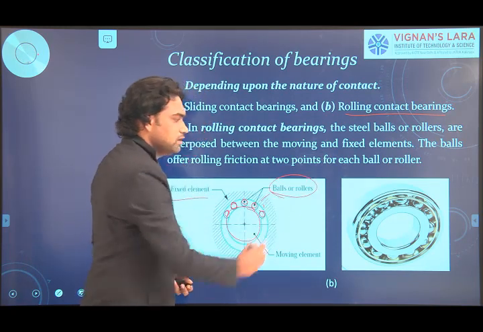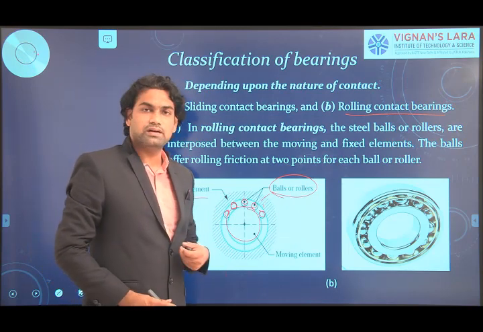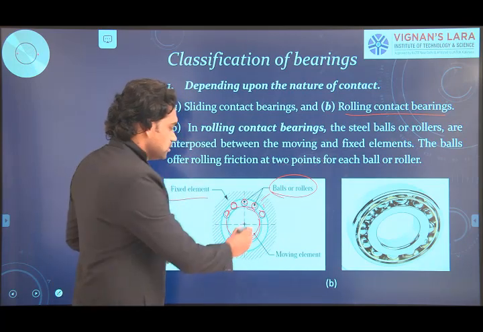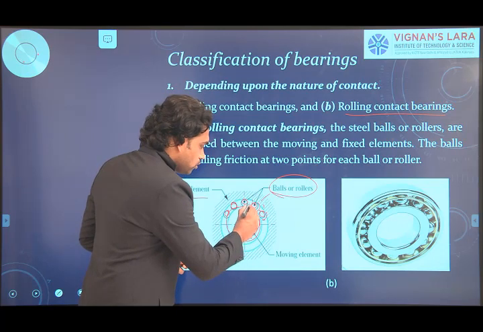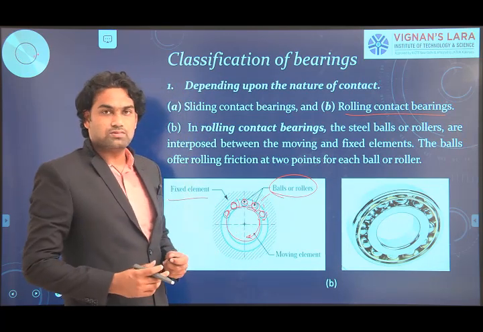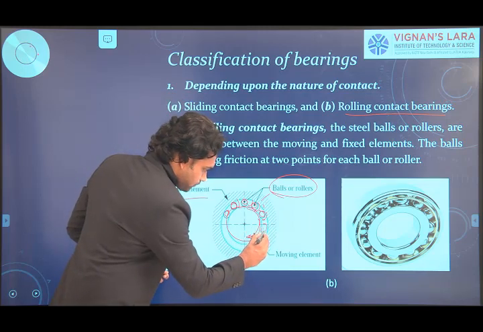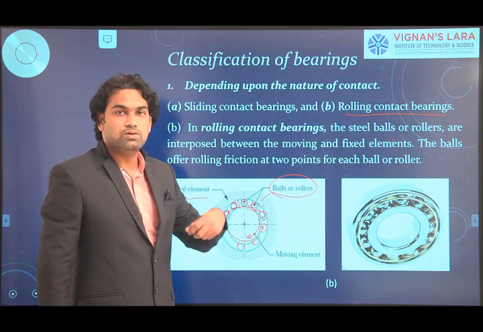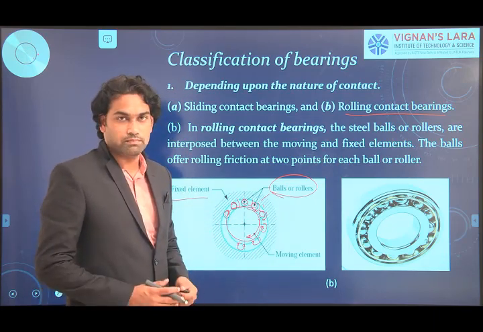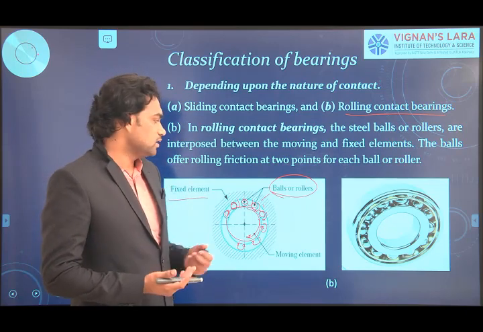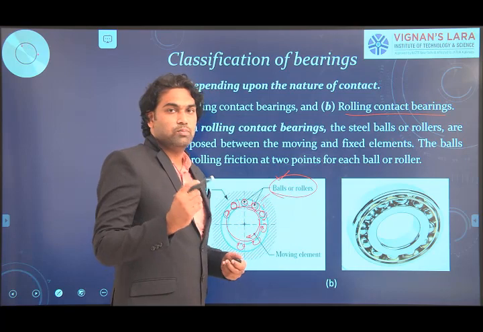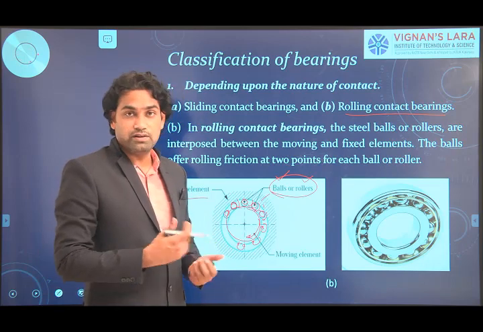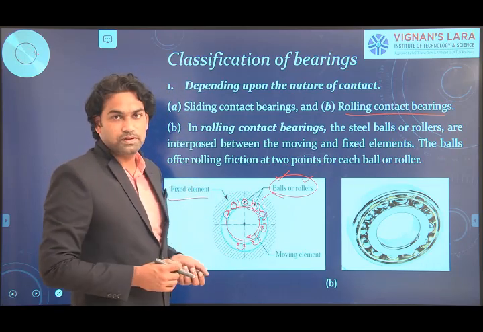Here the rolling elements may be balls or rollers. So either you can introduce balls or rollers. Whenever the shaft rotates, the balls tend to roll upon the surface of the bearing. So it can go into roll, which gives the rolling action between the two surfaces, and we call it a rolling contact bearing, and there is no surface contact. If it is balls we get a point contact, and if it is rollers we may get a line contact, so the friction is mostly reduced relative to the previous sliding contact bearings.